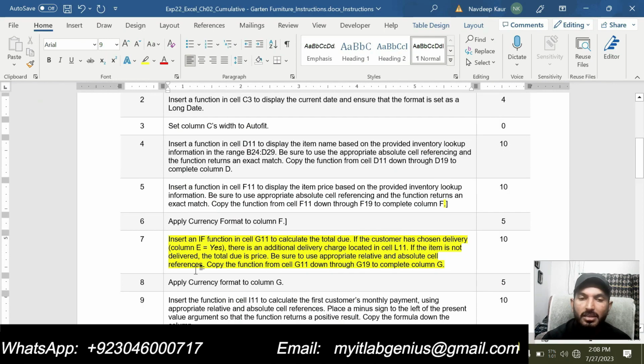If the item is not delivered, the total due is price. Be sure to use appropriate relative and absolute cell references. Copy the function in cell